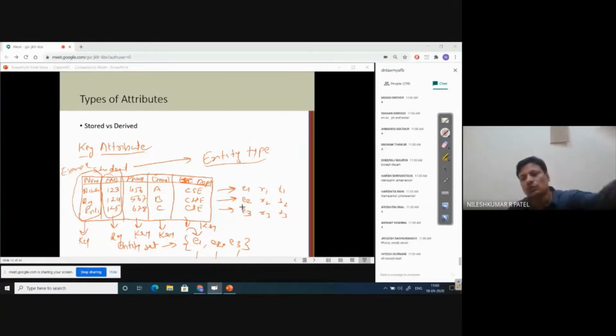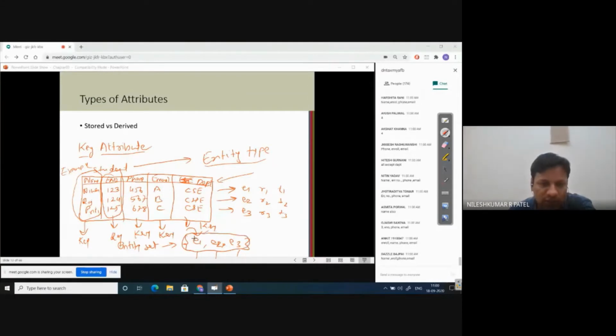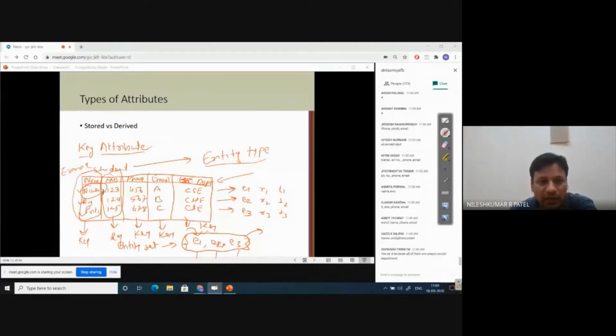Okay, good. So see, by looking into this database example, or entity set actually we call it, there are only 3 entities. So by looking into this entity set, initially this name field is unique. Means what? Every record's name is unique. See, if I call Nilesh, only one student with the name Nilesh will stand up and say yes sir. When I say Raj, only one student will raise his or her hand. When I say Preeti, only one student will come. So means there is no duplicacy in this particular column.